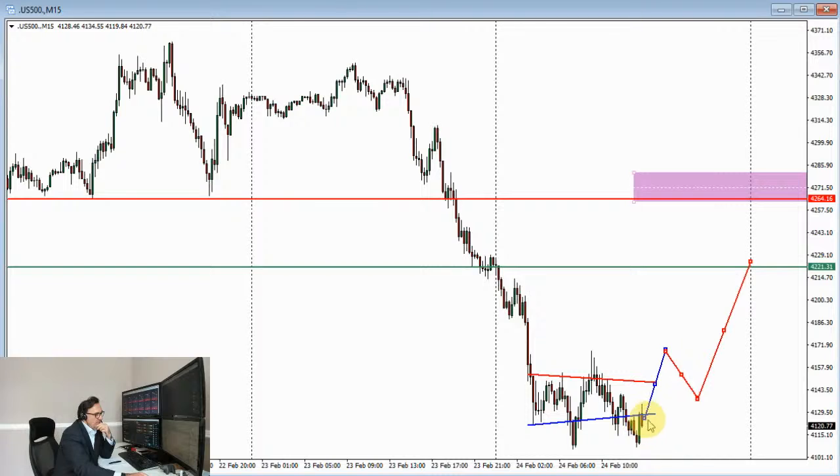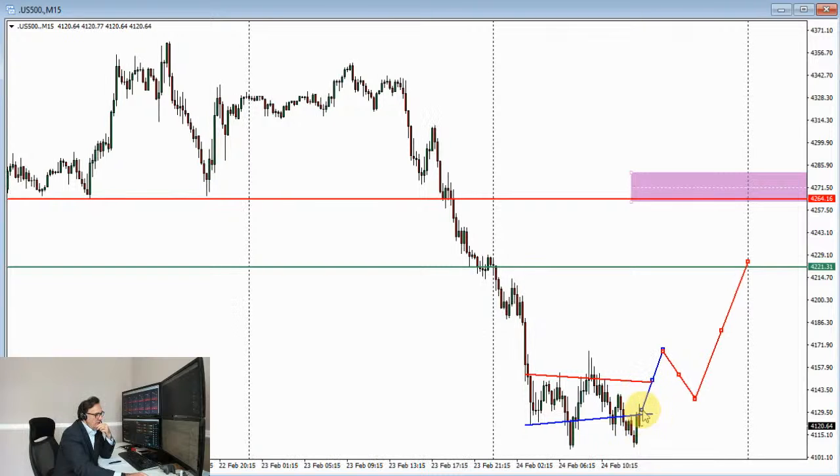So if we see a rally at the open and a push and a break above these current highs, these highs here at 41.57, it wouldn't be unusual to see something like this: resistance, resistance, resistance, breakout, resistance, a retest, and then potentially